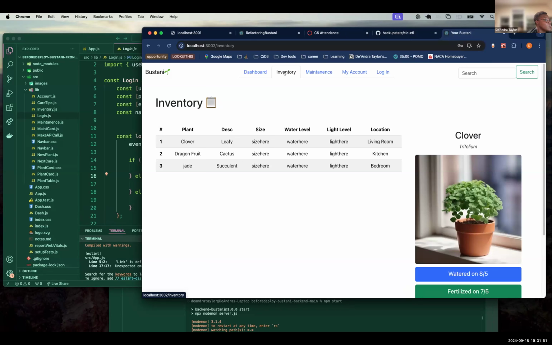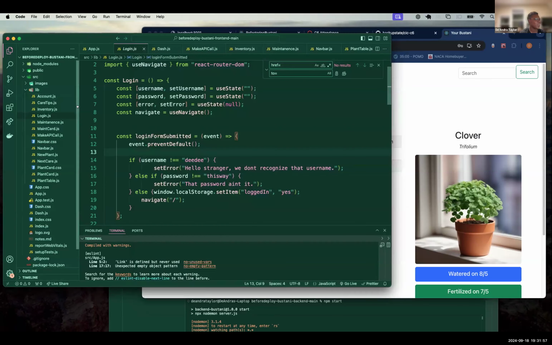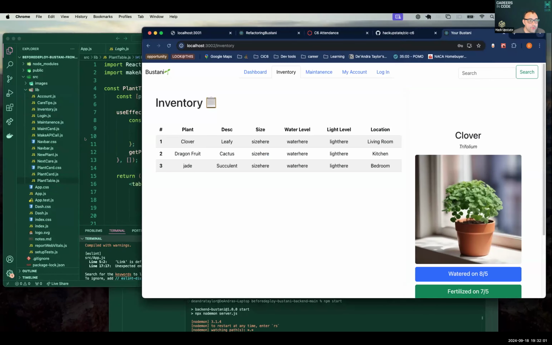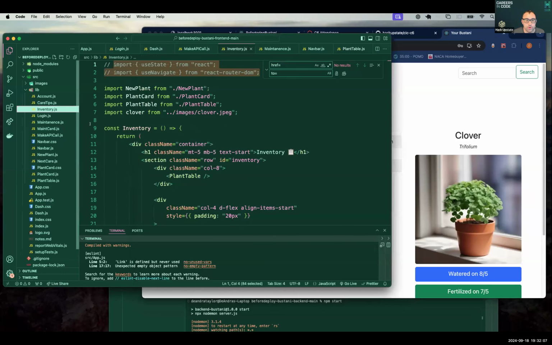Great. Oh, and can you help me get my plant seed data into this table? I've been trying. I'm like, what am I doing wrong? Yeah, that's going to be the last one I can help you with, just so I can get to other people. What file is inventory? Oh, it's actual inventory.